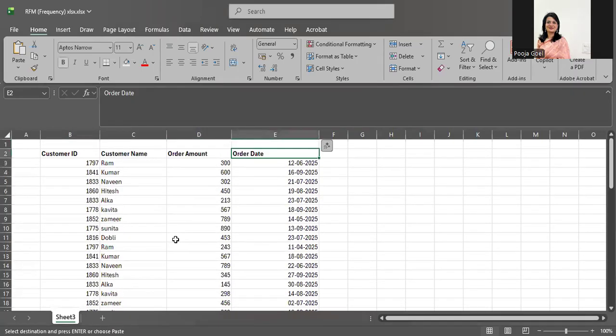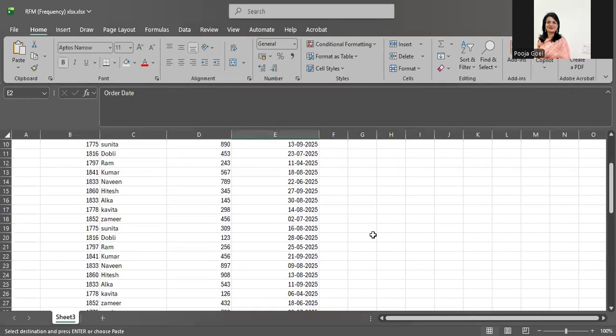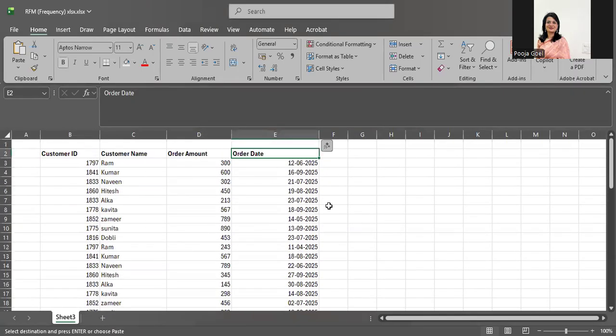First of all, we will understand this data. The data contains four different fields: customer ID, customer name, order amounts, and order date. All of it is random data.